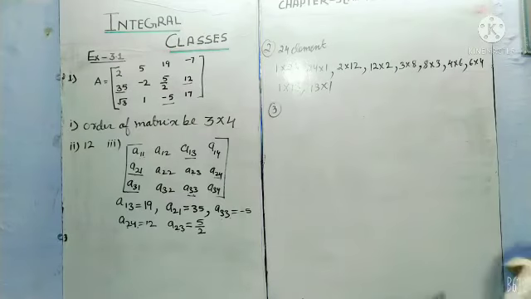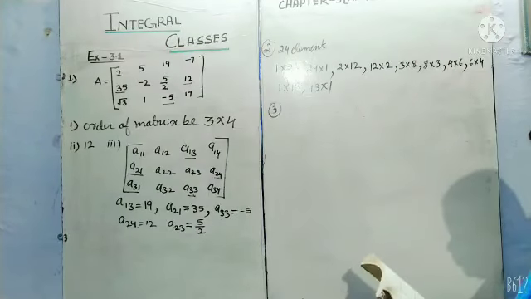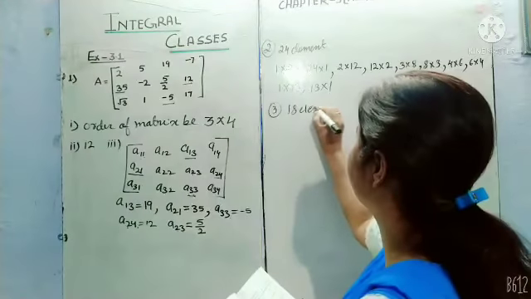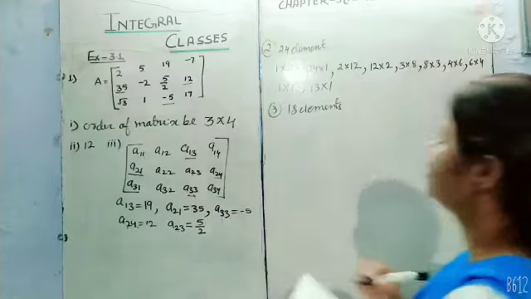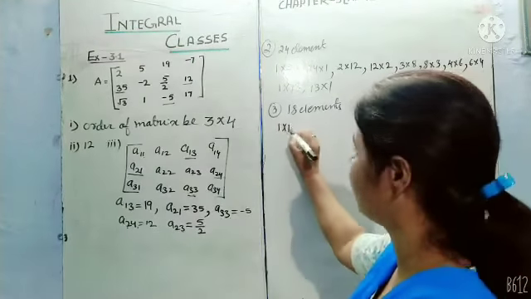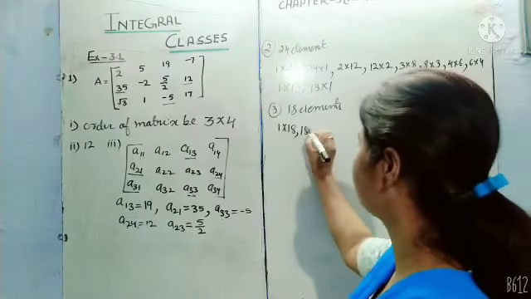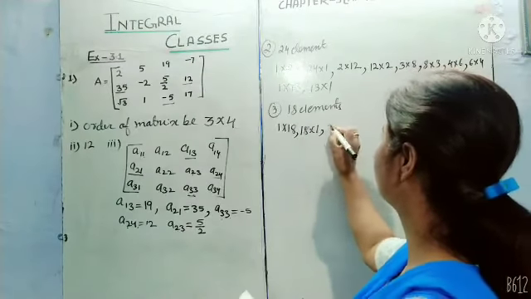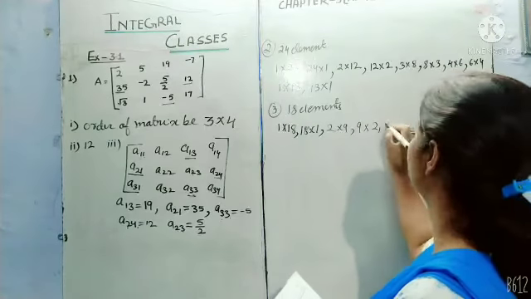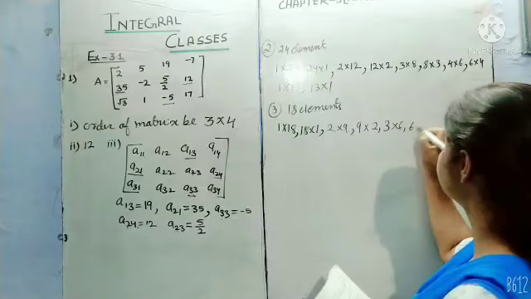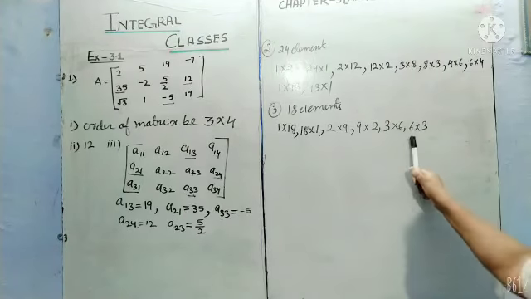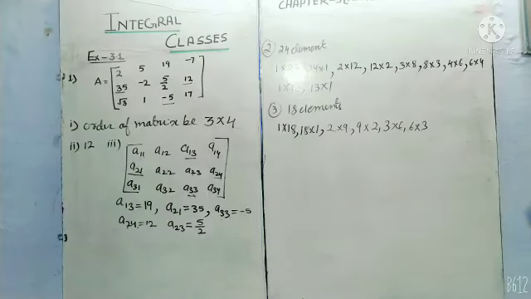Question number 3 is also similar to question number 2. If a matrix has 18 elements, so now again we will write its orders. First is 1 into 18 and next is 18 into 1 and next 2 into 9. Similarly its inverse 9 into 2, 3 into 6 and 6 into 3. These are the orders of any matrix that has 18 elements.